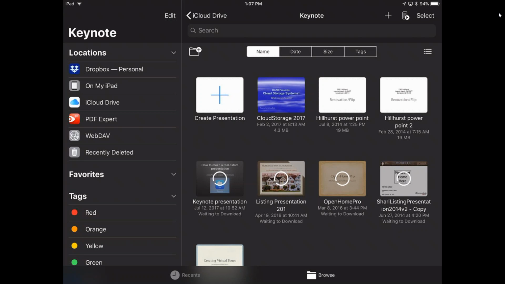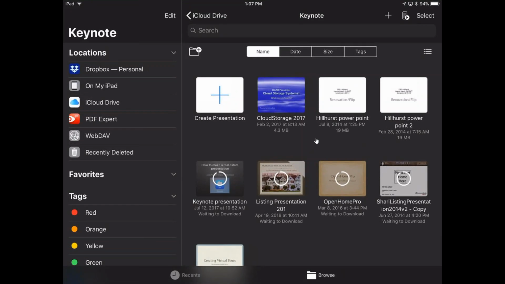No? Okay. All right. So to create a presentation, very simply, again, we're going to tap on the Keynote icon on my tablet device. Keynote's going to open up. It's going to give me a list of all my created presentations. To create a new presentation, I'm going to come over to the top right corner, and I'm going to tap on this big giant plus sign right here in the top right corner. When I tap on that